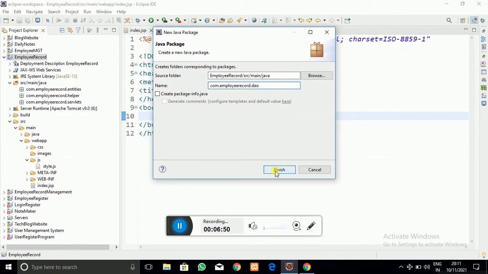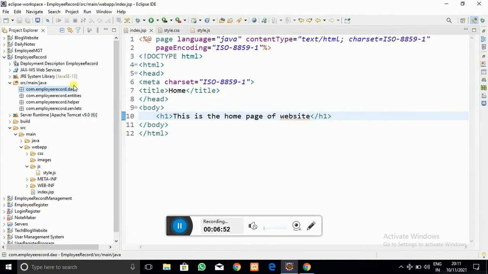Click on the finish button, and this is the packaging structure we require when our Java backend work starts. The helper package is for the connection object, the servlet package is for storing the servlets, the entity package is for storing the entities, and the DAO package is for communicating to the database. You will know all that stuff in my further videos, so just stay tuned with me.